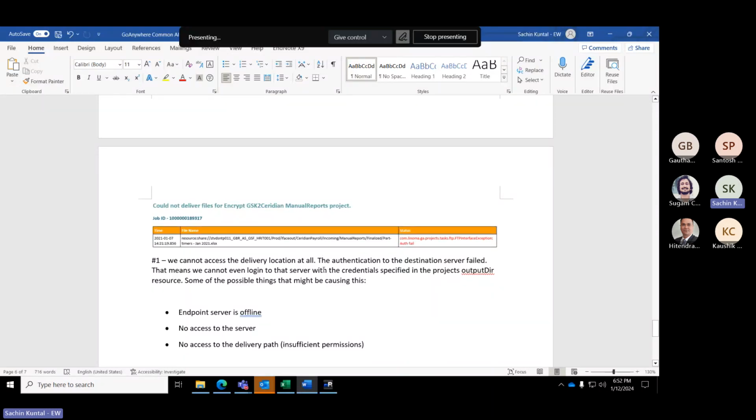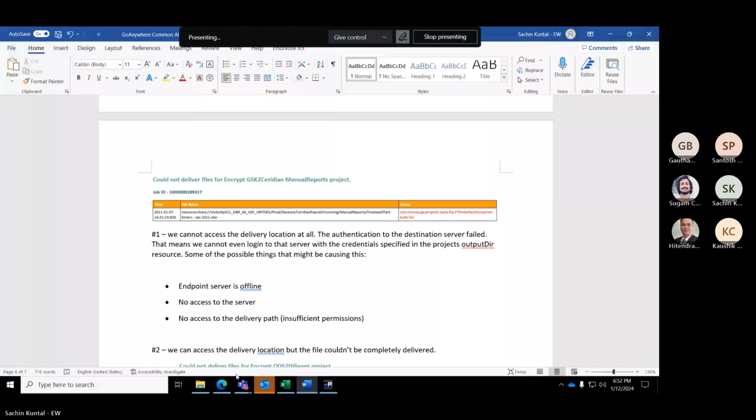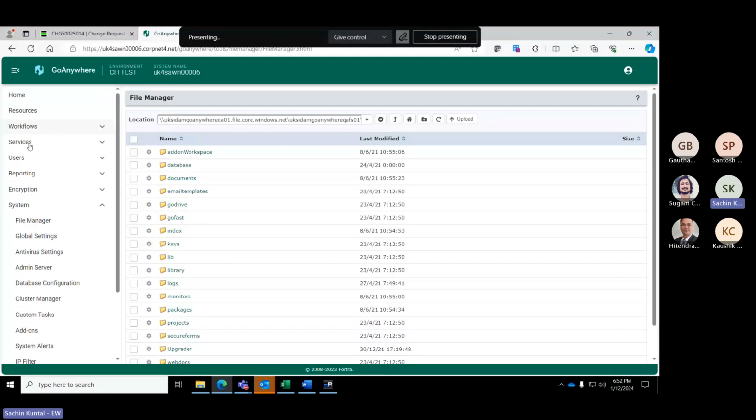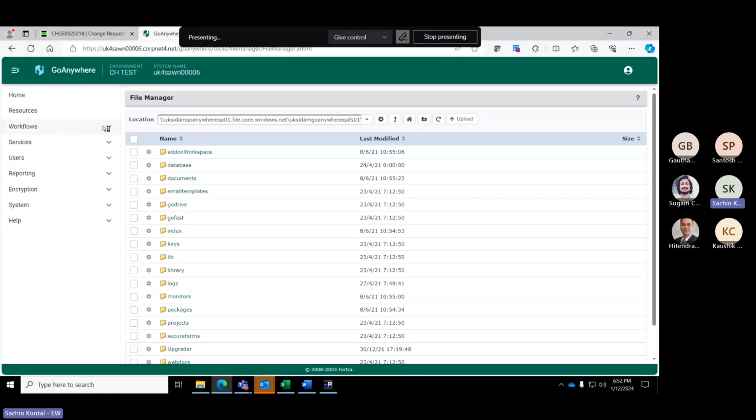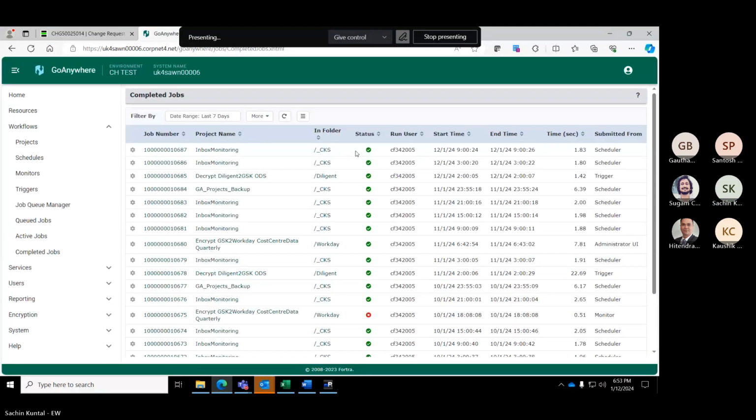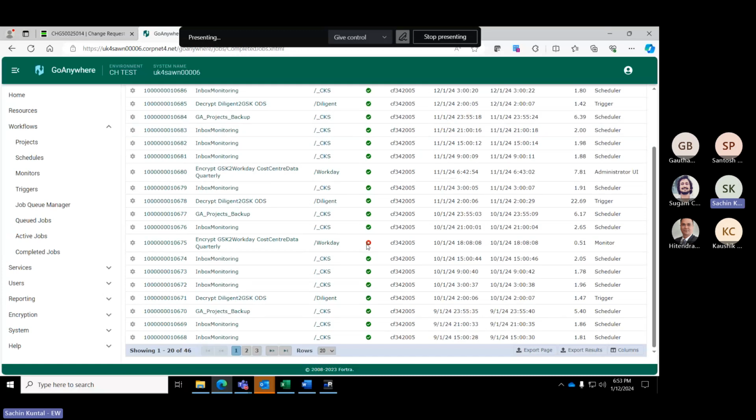But when you go through the logs, now let me take you back to the tool and show you all the logs that we refer to. If you go to completed jobs, you will see the status of the failed logs. So this is the failed one.